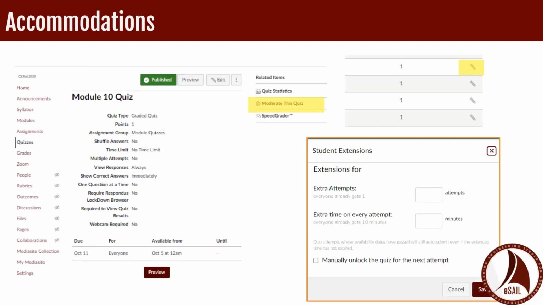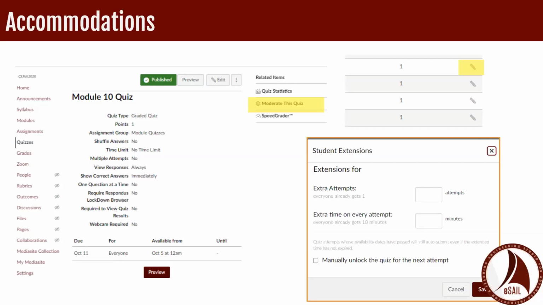So let's talk about time accommodations. That's one of the most common questions that we get. And it's a fairly simple setup. That's the good news. But the bad news is that you have to do it manually and individually for each student, for each quiz. As far as I know, if any of you know a way to set a policy where this applies for a certain student for every quiz, please let me know, because that is a big question that we're coming across.